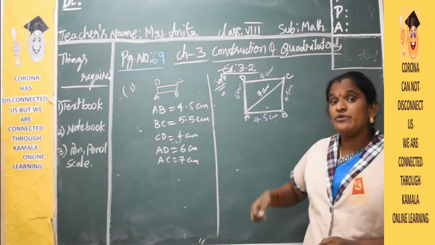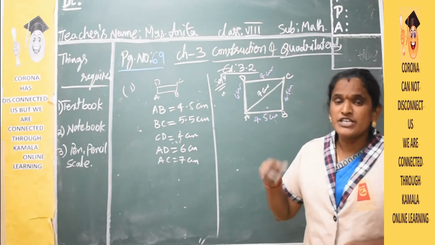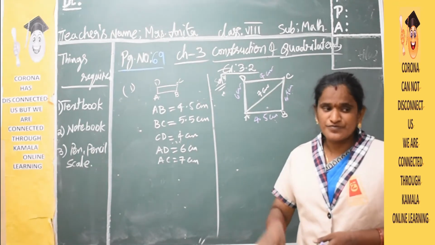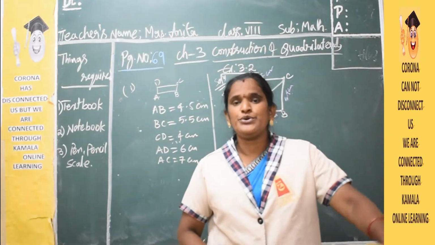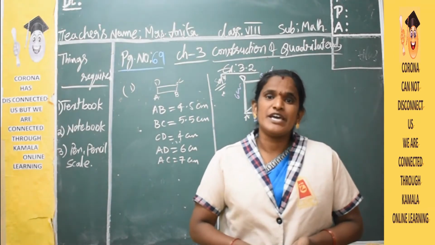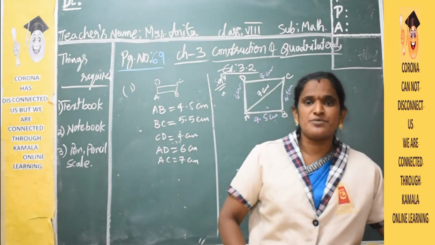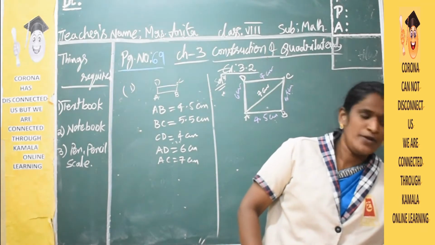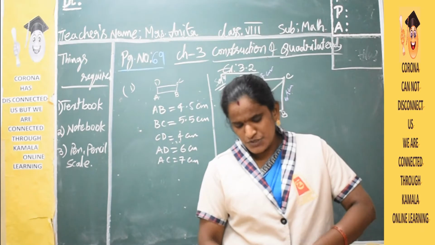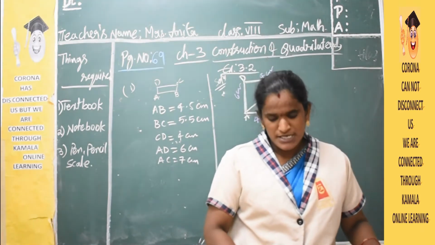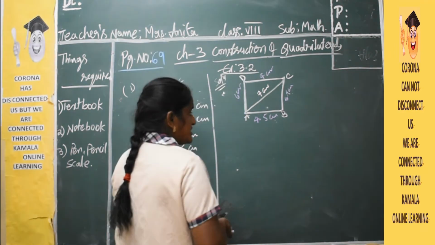Okay. So now we are going to do it using instruments. You have to do it. So use the instruments. So what are those children? You have to use your scale, protractor, compass, scale. Okay. So first I am going to take the first